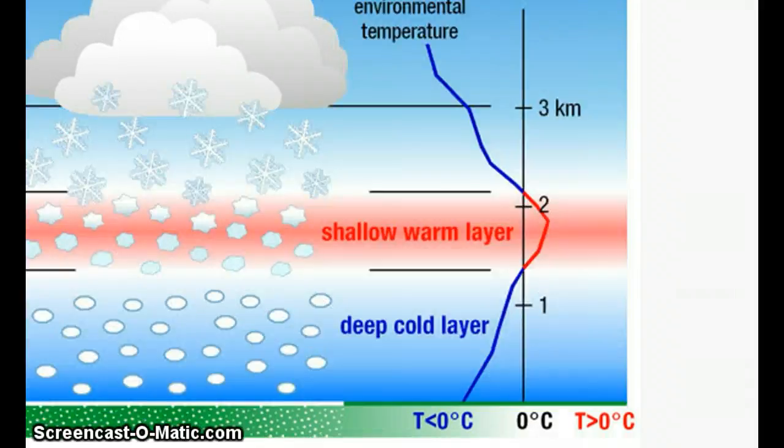Sleet, on the other hand, forms much like snow. It forms like any precipitation. The clouds form, the precipitation gets too heavy, it pushes down, and then the snow goes into a shallow warm layer, depicted here with the red, and then refreezes when it gets below freezing, and it hits the ground like little pieces of hail, and that's what you call sleet. Sleet is ice pellets that hit the ground, not to be confused with freezing rain, which you'll hear about in one moment.